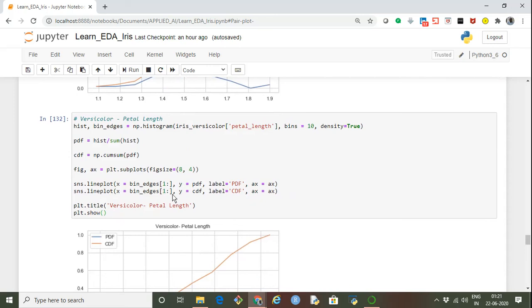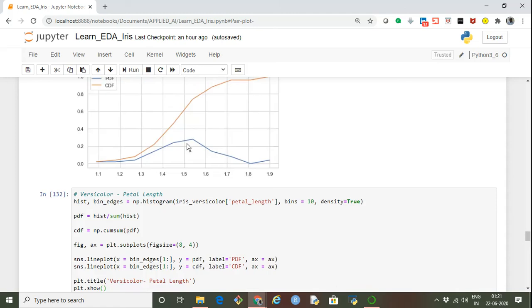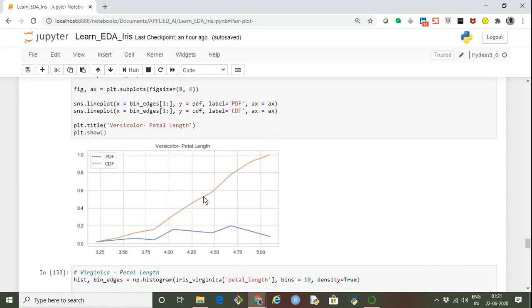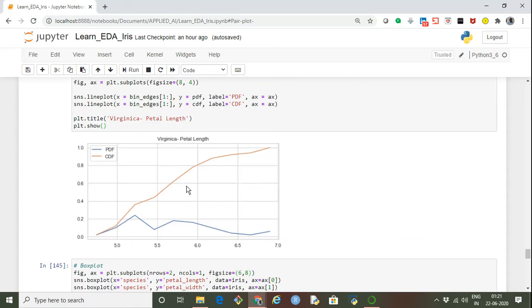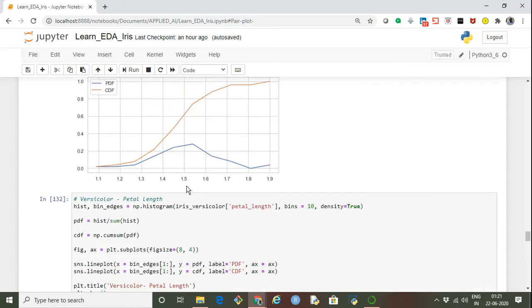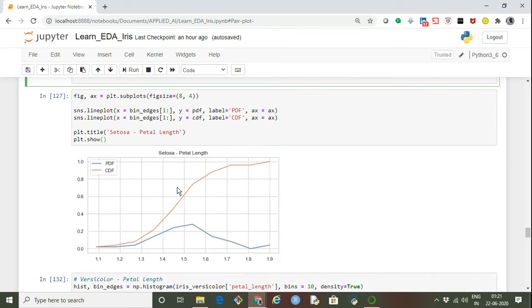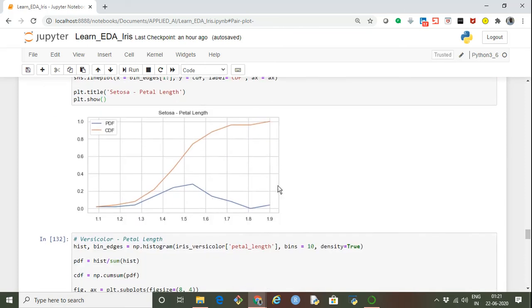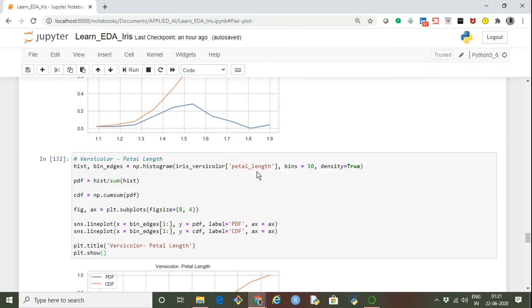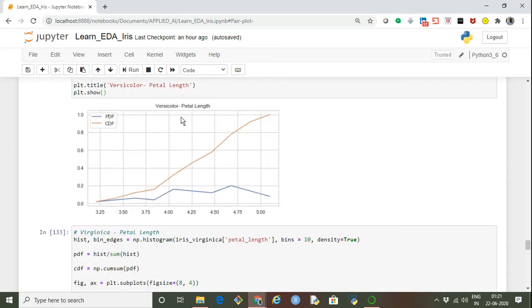Similarly, I am creating a CDF and PDF for petal length of versicolor. Above was for setosa, similarly for versicolor, and next one for virginica. Now, you see that for setosa, 1.9 was the petal length value by which almost all the data points were covered. Whereas for versicolor, it starts from 3 point something and goes up to 5 and slightly more than 5.